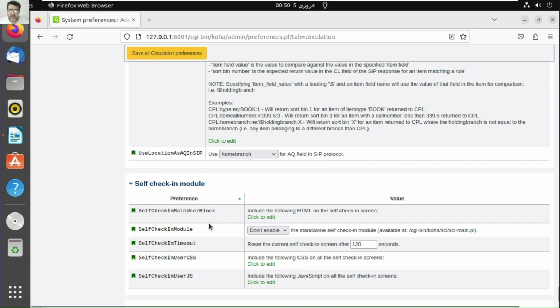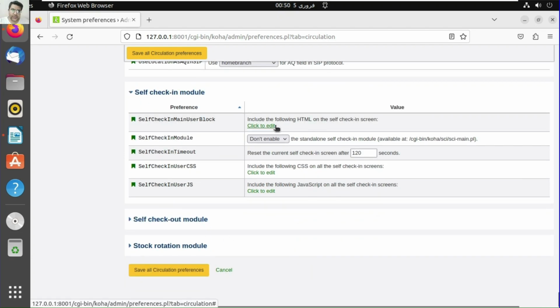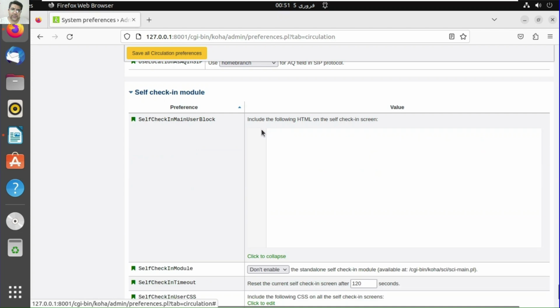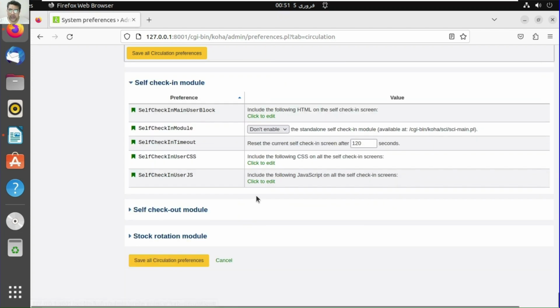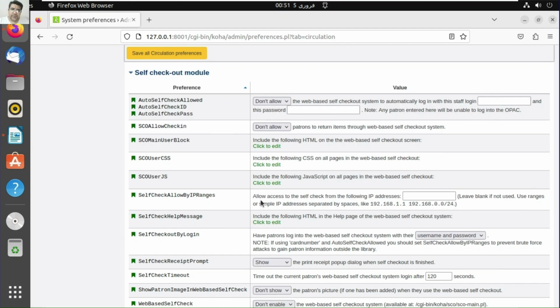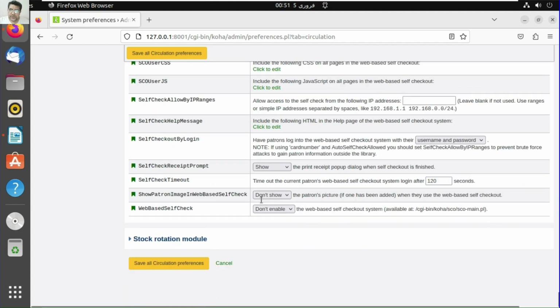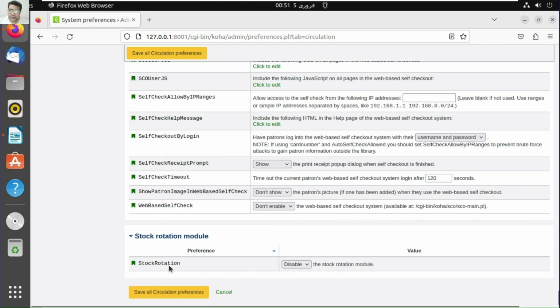Check self check-in module. So you can work on this self check-in modules. Okay, include the HTML on the self check-in screen. So you can actually customize this screen and you can enable self check-in here. Self check-in timings would be 120 seconds for one transaction. Self check-in user CSS, you can also write user CSS here, JavaScript here. Self checkout, I have made a video completely about self check-in checkout, and that's available on my channel, so you can have that video. Okay, stock rotation module,